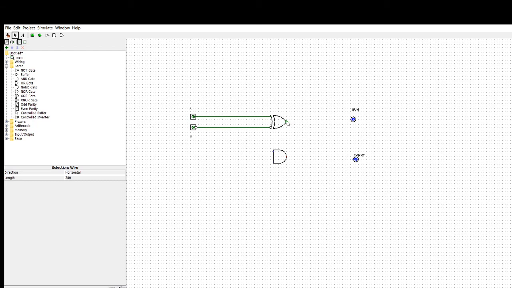Now connect the output of the XOR gate to the output sum. Now I am going to make the A and B connections. Then the output will be A and B, and that will be connected to carry.